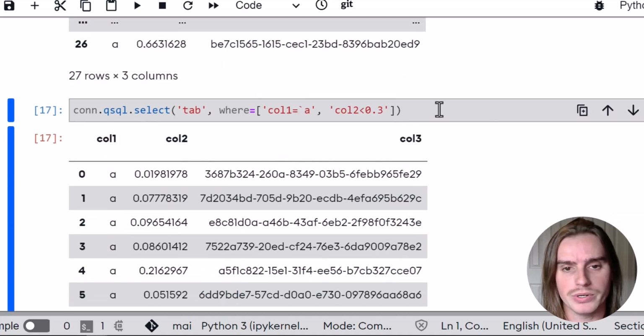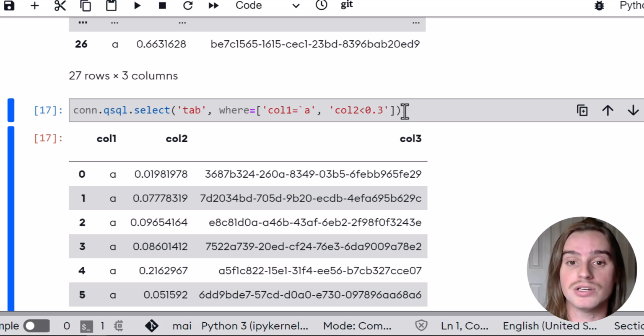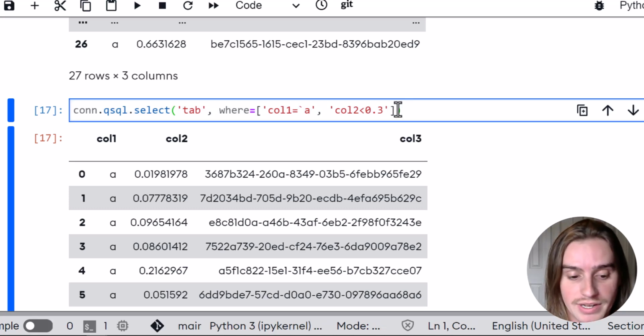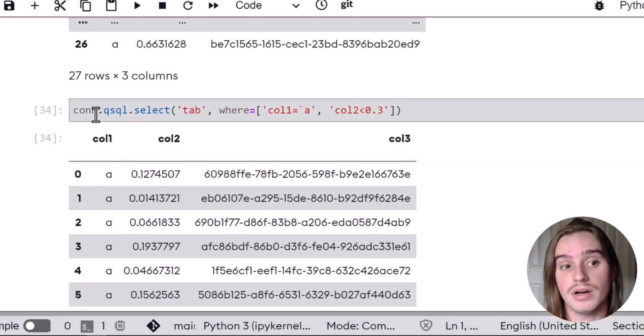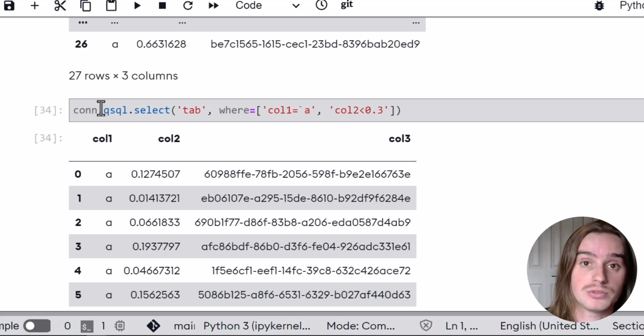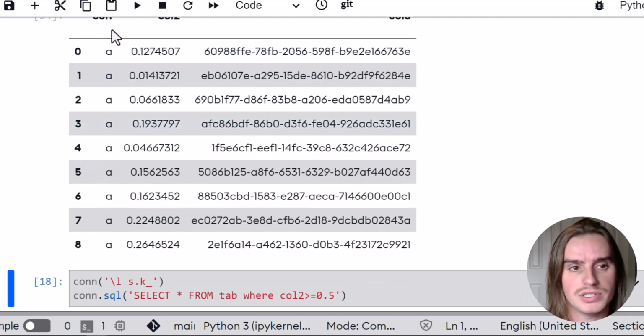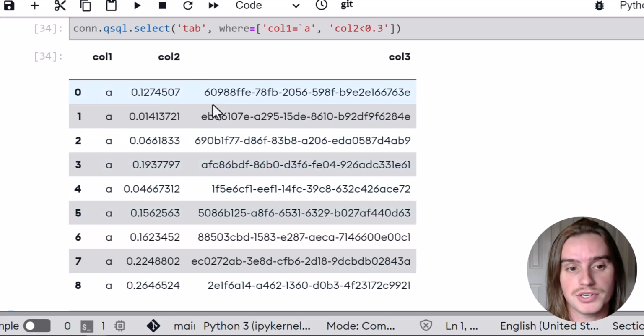Now let's run a few other queries. Let's run a QSQL query using a select statement, and we're going to run that query upon the table that we just created, and we're going to specify that column 1 should be equal to the symbol A, and column 2 should be less than 0.3. So we're tying in QSQL and a where statement to querying our table that's held on an external process. So here we see all of the column 1 values are A and all the column 2 values are less